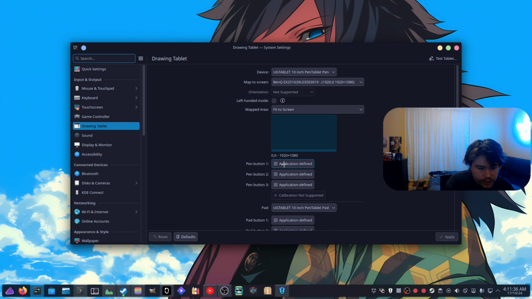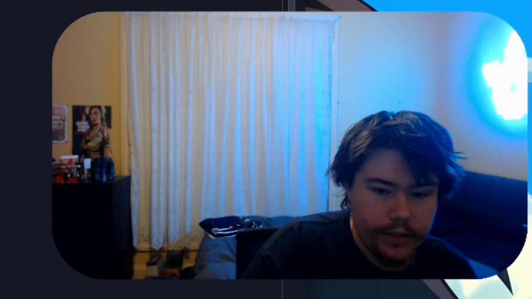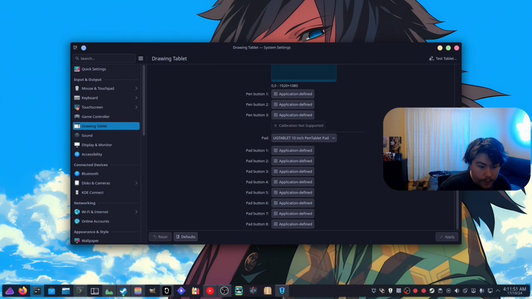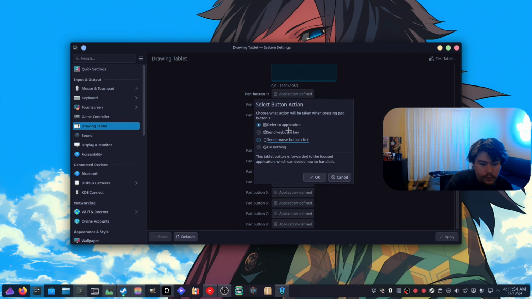But as you can see, we can change the pen button, so that the buttons that are on this pen, or we can change the actual pad buttons on the side, which are these ones right here. So you can see here, there's like a bunch of little buttons that we can press, and we can easily bind them to a different thing. So if we want to click on this, we can go send a keyboard key. We can defer to application of what the application does. So if you're in like GIMP or Krita or something, and that button's already applied to a certain action, then it'll just do that. Or send a mouse button click, you can do that also,